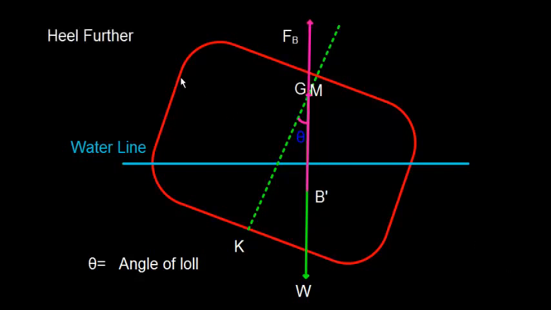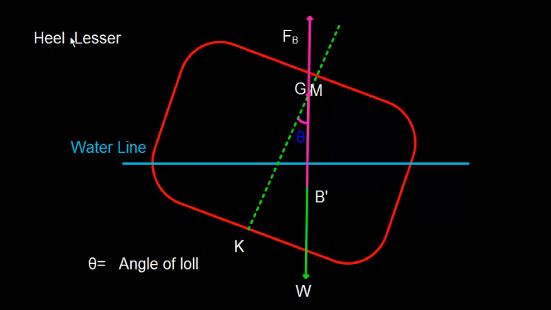Now let's examine the interesting part. If the vessel heels further, what happens? Well, if the vessel heels further, the center of buoyancy will shift towards the lower side, say somewhere here. So the force of buoyancy will act vertically upward from the new center of buoyancy. So this will create a righting lever, and this will have the tendency that the vessel will come back to this angle of roll position.